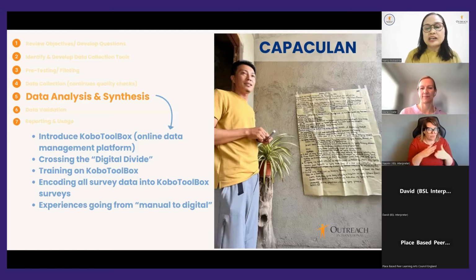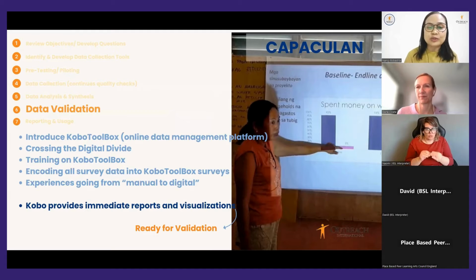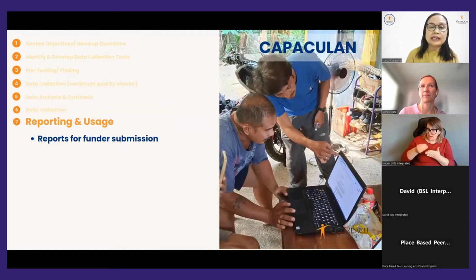So after they encoded all their data, Kobo was able to create immediate data visualizations for them on their baseline data. And then the group validated the data with the rest of the group during a general assembly. And then they, with Renan's support, of course, notified the funder that they had collected baseline data.